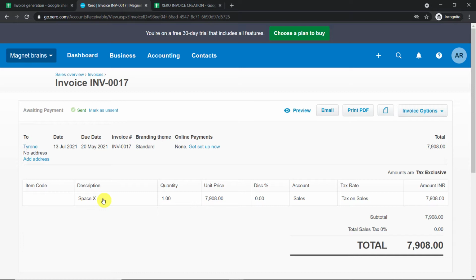So here you must be thinking, how did I manage to create an invoice in Xero from the data of Google Sheet? Well, here I've used an integration and automation software called Pabbly Connect that integrates Google Sheets and Xero. Now the best part of using Pabbly Connect is there is actually no need for coding skills or programming knowledge. Let me show you the process.